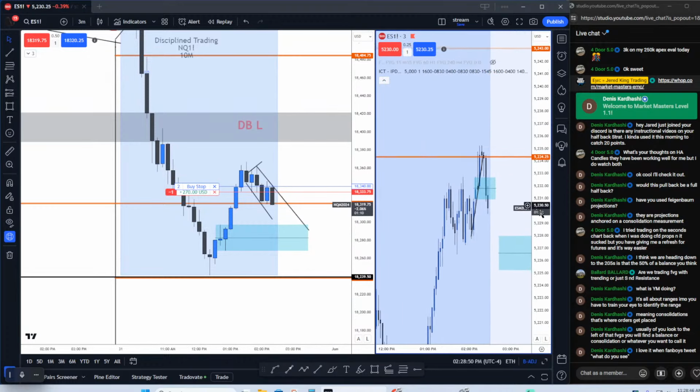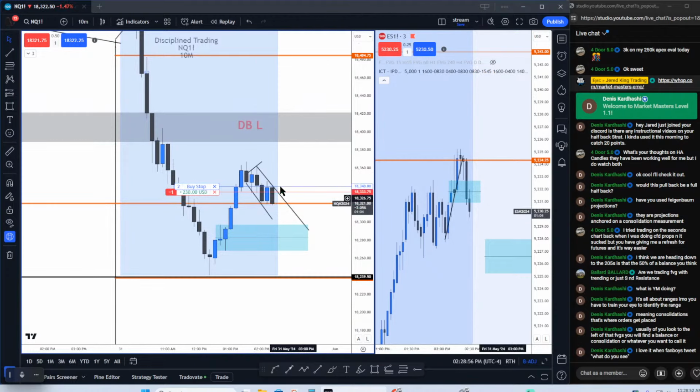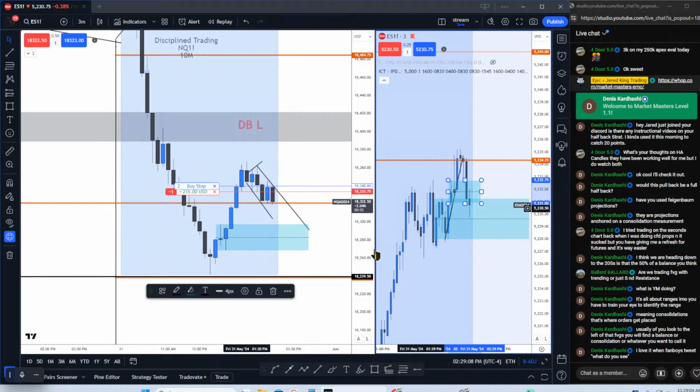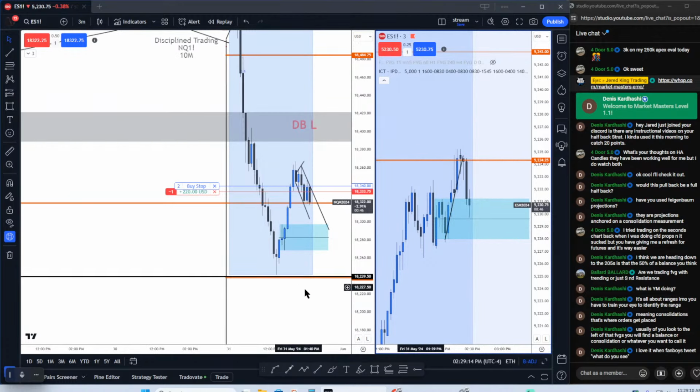Okay, so we have balance here, right? Why is NQ just chilling right here? It's just chilling. It's very strange, right? So you have a little balanced area here. Half back that. Pretty close. I don't like it. I think it's strange. Maybe it's waiting for ES to catch up here. We'll have to wait and see, but